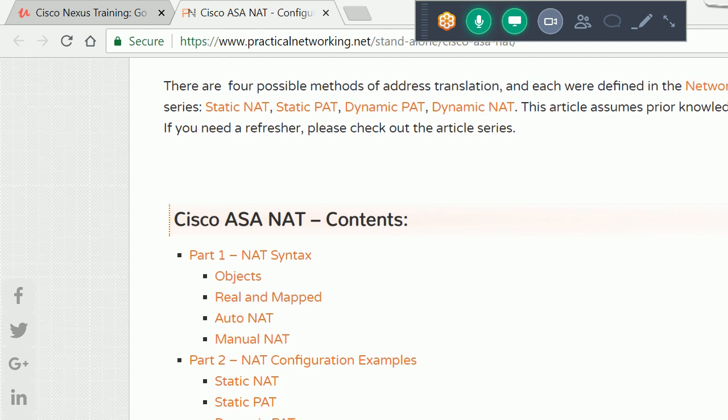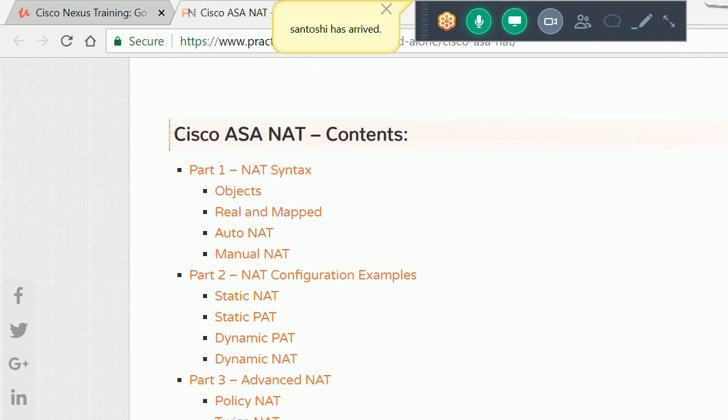So basically in Cisco ASA we have two kinds of NAT. First one is auto and the second one is manual. The main difference is that the way of configuration is totally different. Auto NAT has a different way of configuration and manual NAT has a different way of configuration.